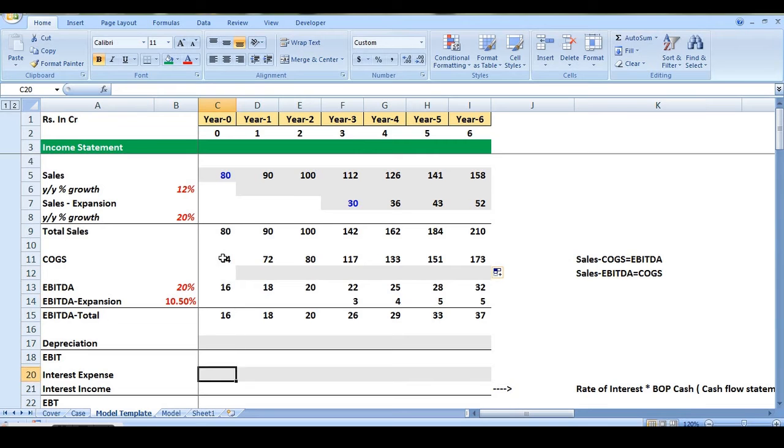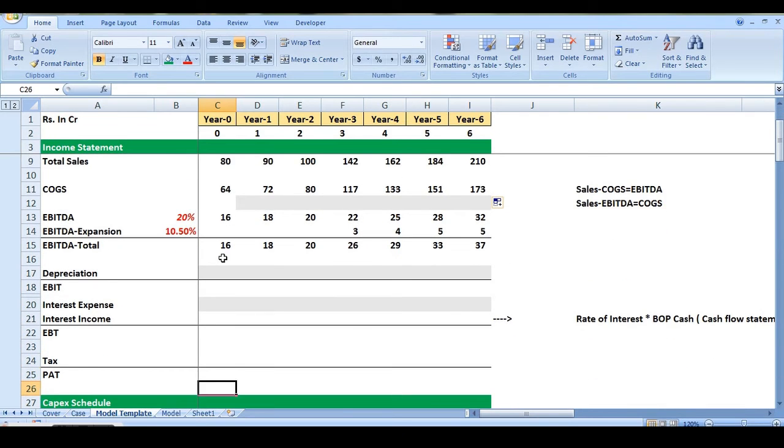Now the next of the things are calculation of depreciation, interest expense, interest income, tax and profit after tax. But for calculation of depreciation, if we go step by step, we need to know the asset values of the organization over a period of time and even the depreciation rate. The depreciation rate given to us is 10%.